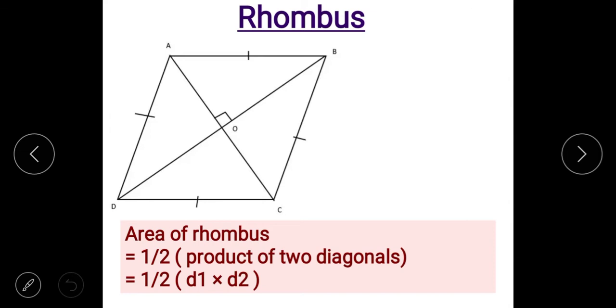Okay, so this type of shape is called rhombus, and the area of rhombus is half the product of the two diagonals. Suppose d1 and d2 are the lengths of the diagonals, so d1 d2 by 2. Multiply the length of both the diagonals and divide it by 2, you will get the area of the rhombus. And the second formula is the same as the formula of parallelogram, which is height into base. Height means the perpendicular and base is the side on which that height or altitude is made.